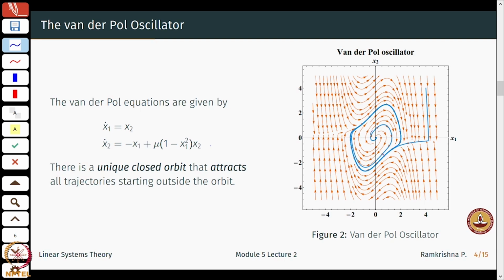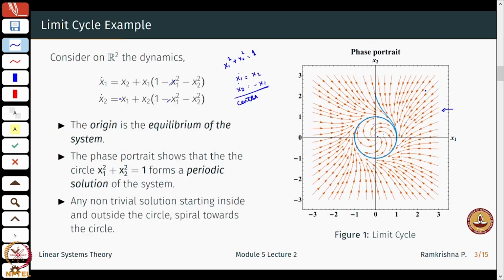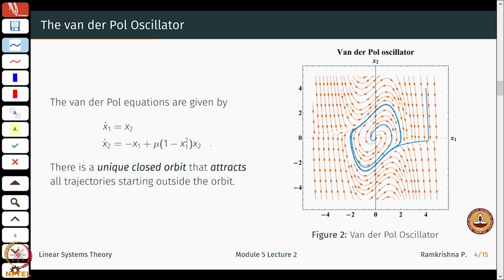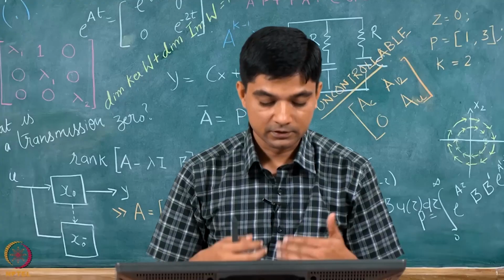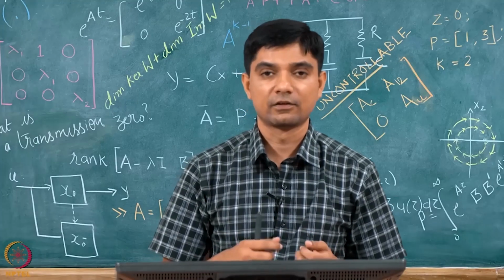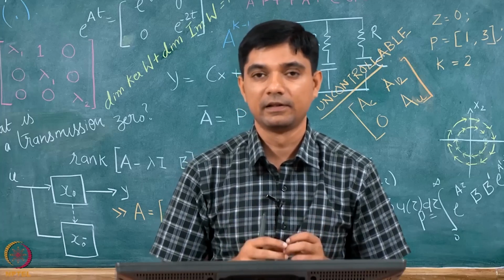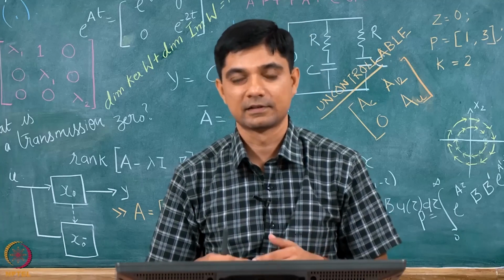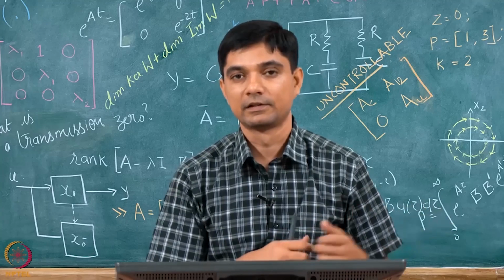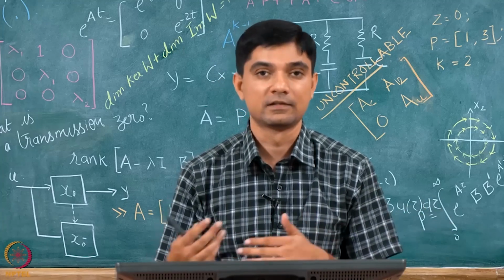closed orbit. So, just to show that they need not necessarily be a circle or ellipse, but they can take any kind of periodic form. This is a very important circuit or system that has been studied a lot in physics. So, this is just to give you a little illustration of